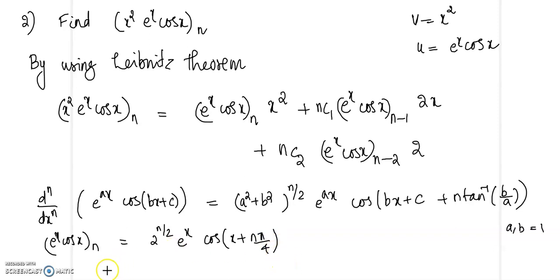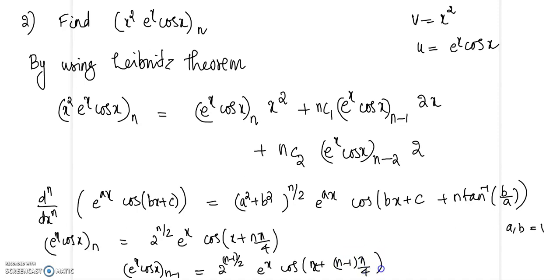So that is e raised to x cos x ന്റെ nth derivative ഇത് വരും. ഇനി അതുപോലെ e raised to x cos x ന്റെ n minus 1th derivative, that will be 2 raised to n minus 1 by 2 e raised to x cos x plus n minus 1 pi by 4 varum, and similarly when you take the